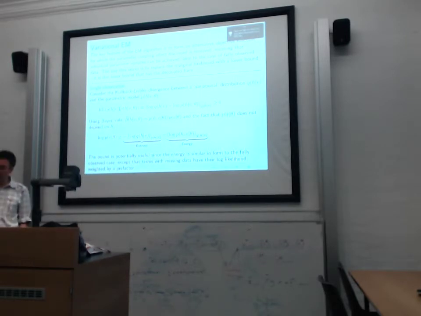So remember the object of this game is to maximize the probability of V given theta, the log likelihood of the observed data given theta. Maximize that. So the KL divergence is the average of log Q minus the average of log P with respect to Q. So the average of log Q minus the average of log P. Okay, and we know the KL divergence is greater than or equal to 0. We proved that. So using Bayes' rule, P of H given V is the joint distribution of H and V over P of V, you can plug this into here,